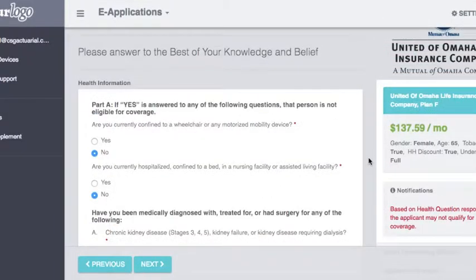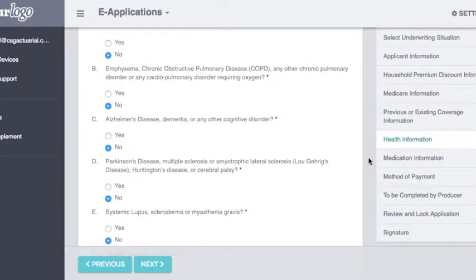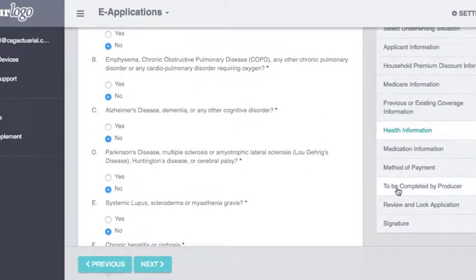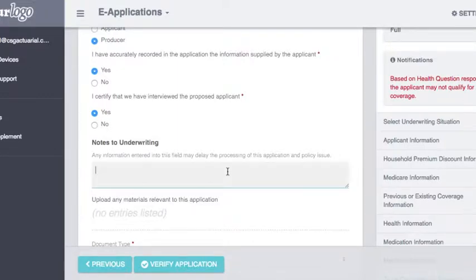We can also go to a section of this application that says to be completed by a producer. This is where we can submit any notes or explanations on these conditions for the underwriter to review. You would simply type any details or notes here, and then the underwriter could then review these notes when going